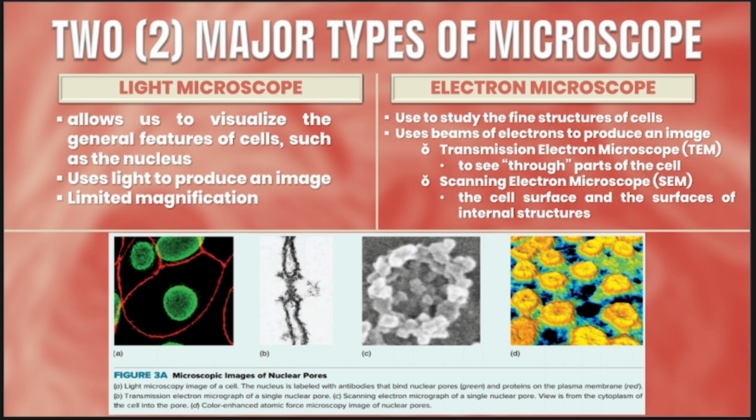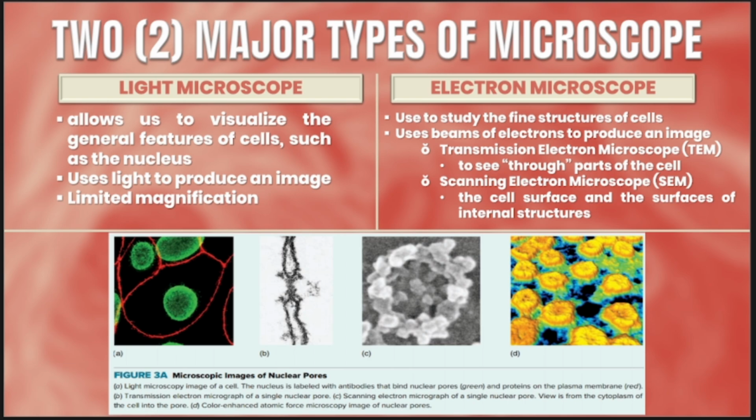It actually uses light to produce an image. However, while it can visualize the general features of cells, it has limited magnification. We have the most commonly used type of light microscopy, which is your bright field microscopy. Your bright field microscope works by passing light through a specimen, which then appears dark against a bright background. And this technique is ideal for us to observe stained or naturally pigmented